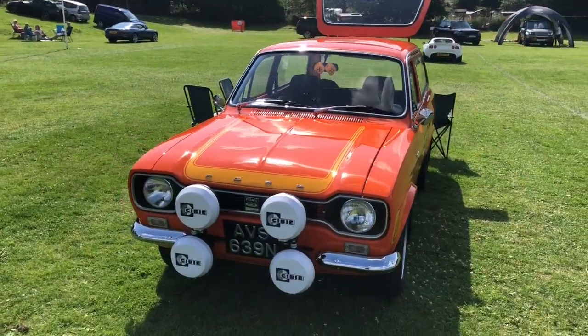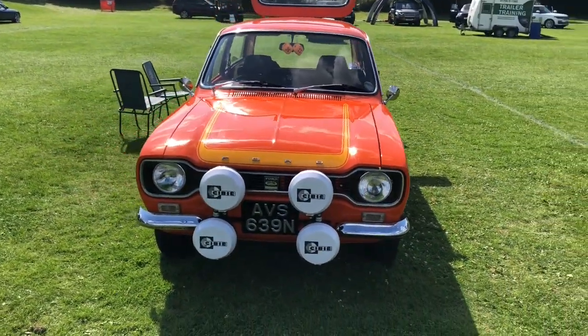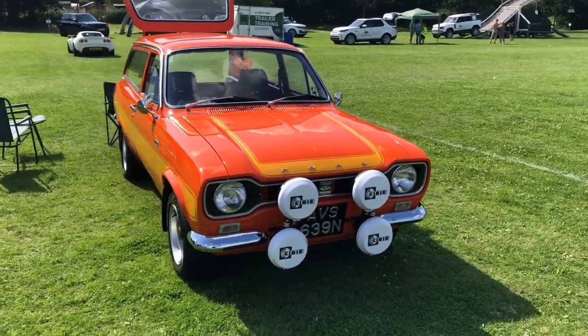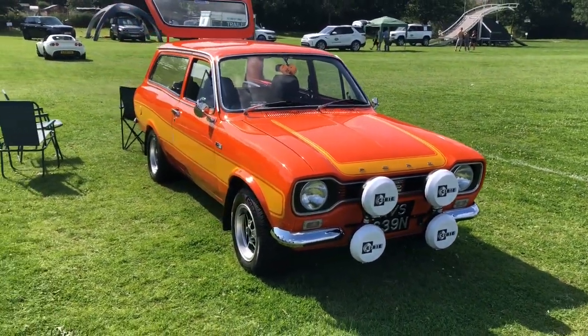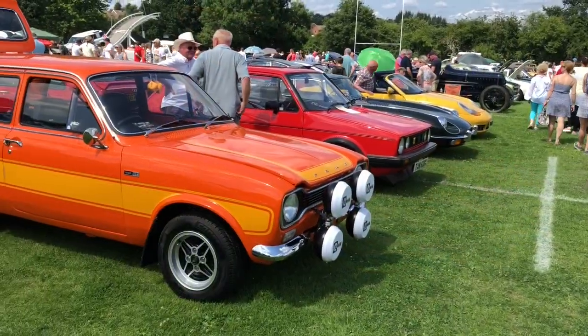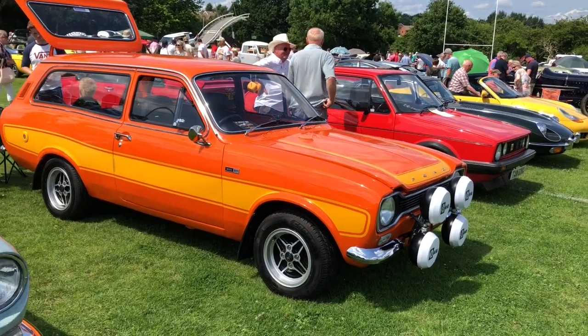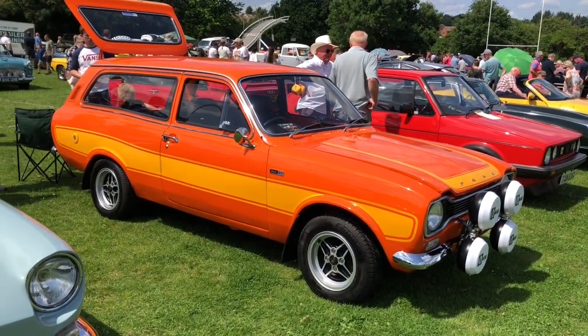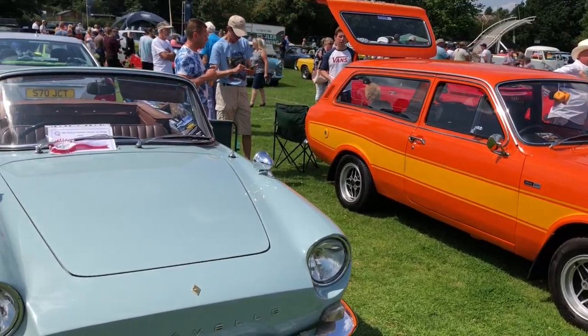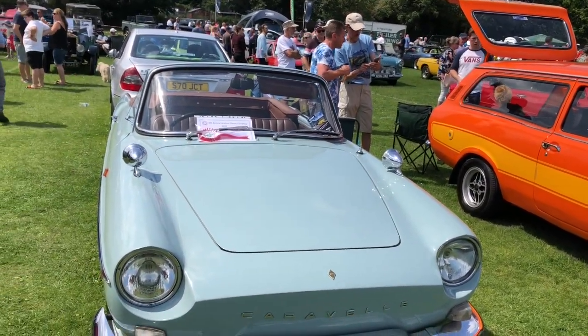At first glance this would appear to be a Mark I Escort estate that's been modified, but in actual fact the shell of this vehicle was one of 6 experimental vehicles built by Ford to test the concept of a fast estate in the mid-70s before the Mark II Escort arrived. The suspension mounting points and other areas of the car have been strengthened, and the owners simply applied an RS2000